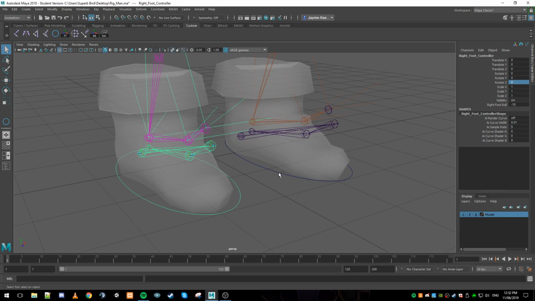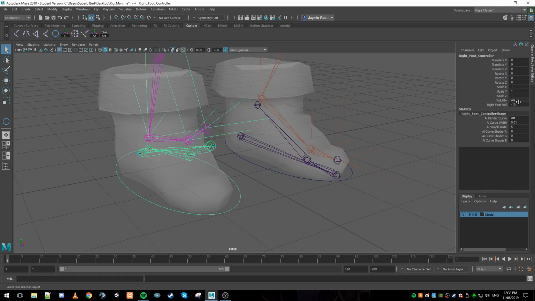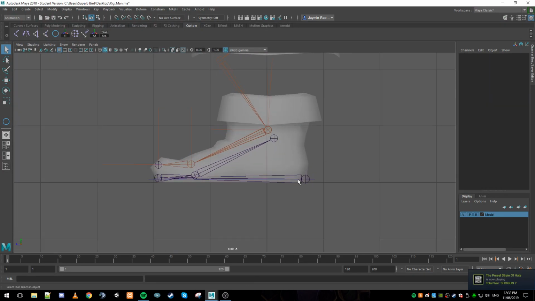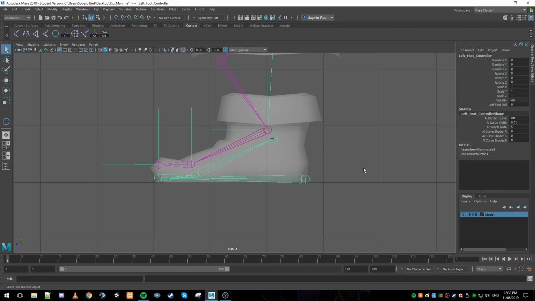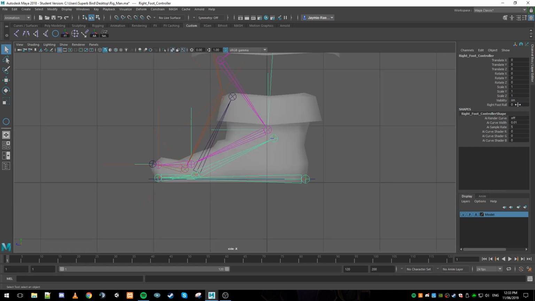So for both of them, I hit shift. Actually, just individually do it. And if I jump into my side view, I should be able to see if I set this one to 10. If I set this one to 10, they end up roughly being in the same spot. Yep, and then if it was -10